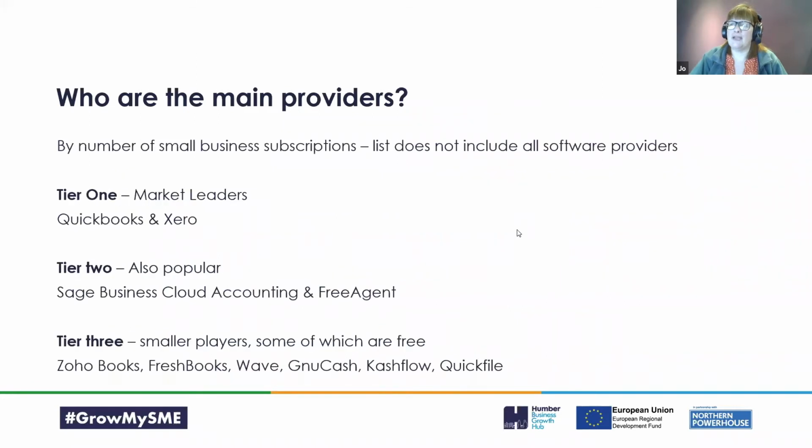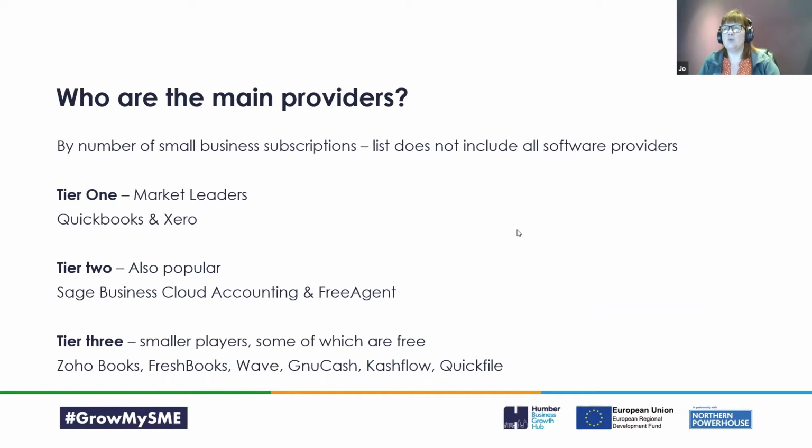So who should you be looking at? Well, for me, I like to go with market leaders. I like to go with people who are tried and tested and have got millions of users, because they can't all be wrong, surely. So tier one is QuickBooks and Xero. These guys are market leaders, and it's a two-horse race, because Xero was the market leader, now it's QuickBooks, and who knows, Xero might take back over again at some point in the future. But these guys have got significant clear headspace in the number of users down to the tier two users, so it's likely that they will continue to be the market leaders for quite a considerable amount of time.